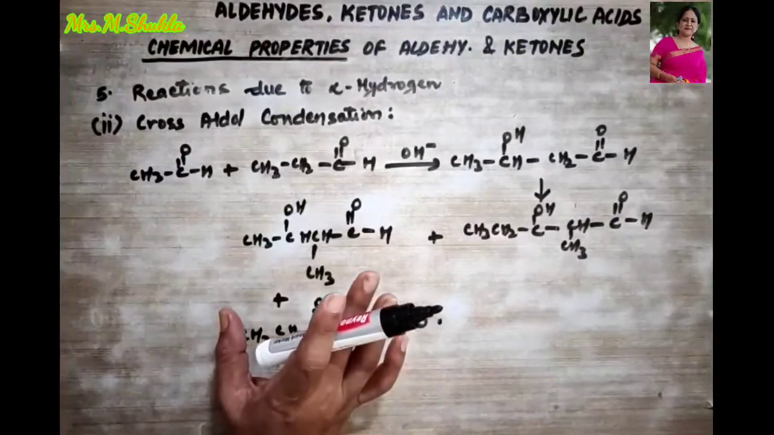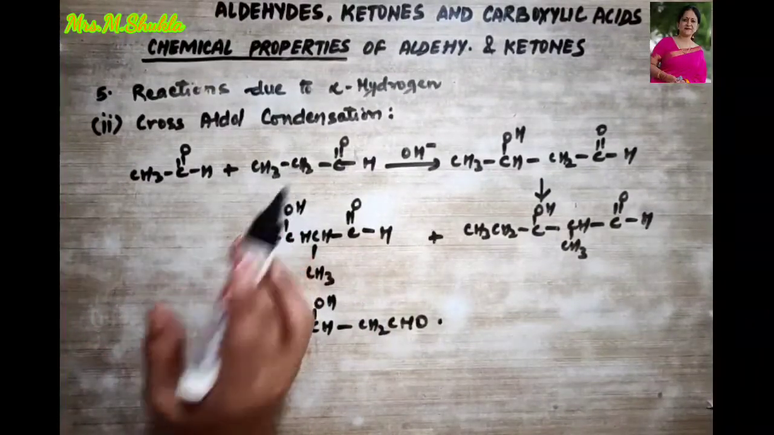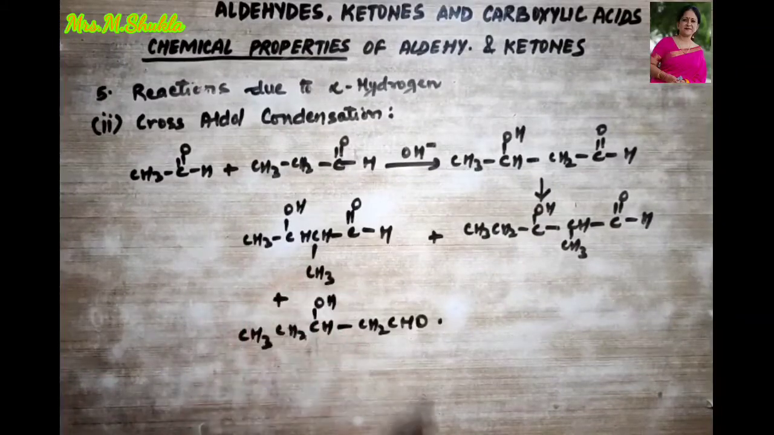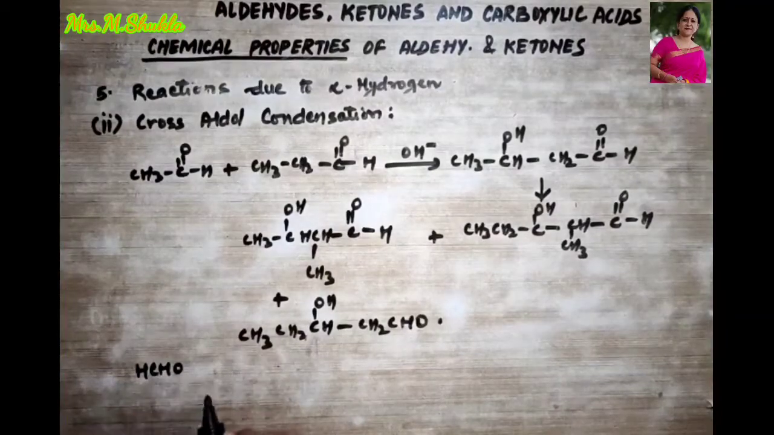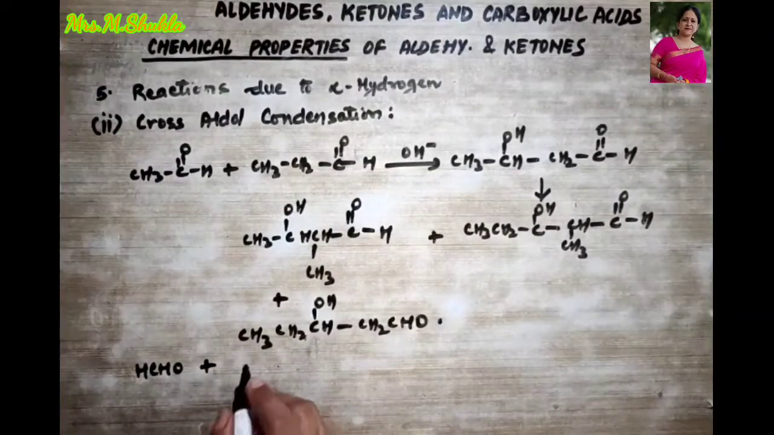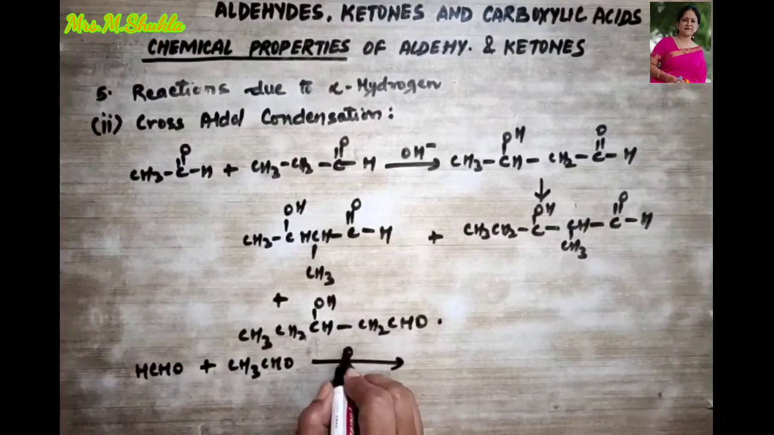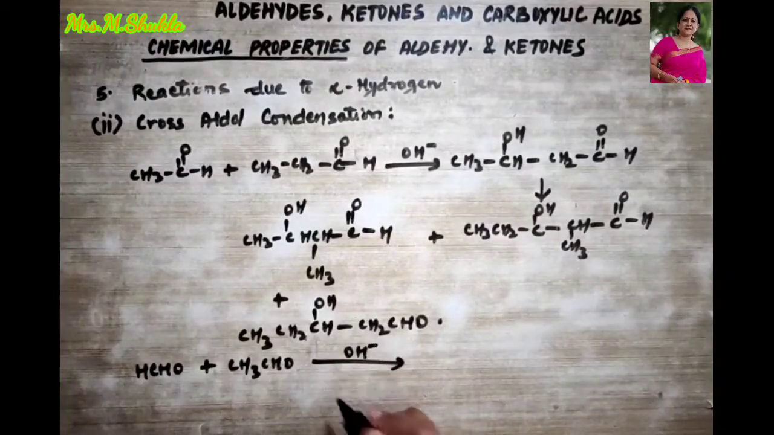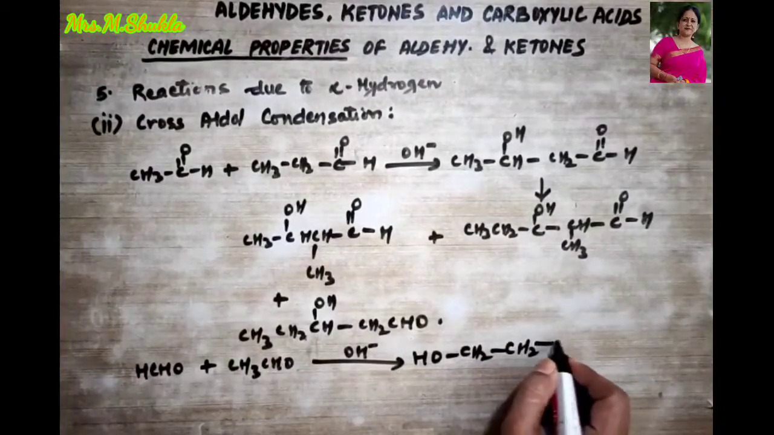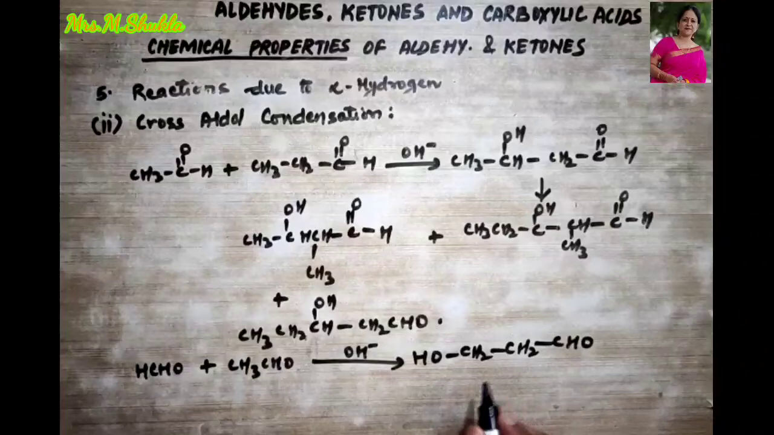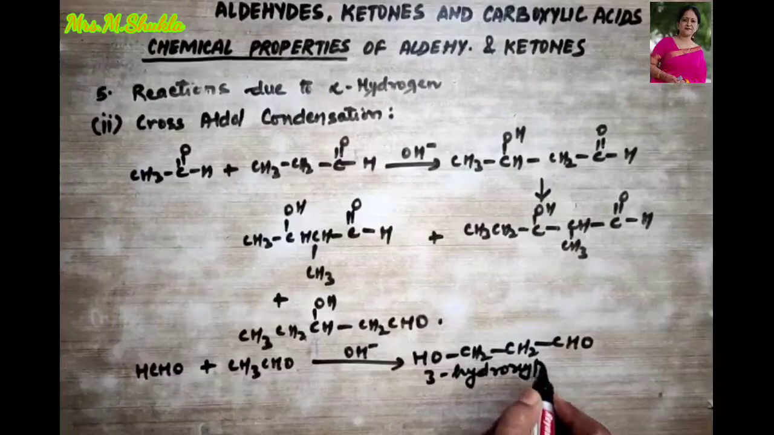Now, aldol condensation is of great importance if one of the carbonyl compounds does not contain an alpha hydrogen atom, right? For example, formaldehyde HCHO, when treated with acetaldehyde, CH3CHO, and we use dilute NaOH, we get HOCH2CH2CHO. What is this? This is 3-hydroxy